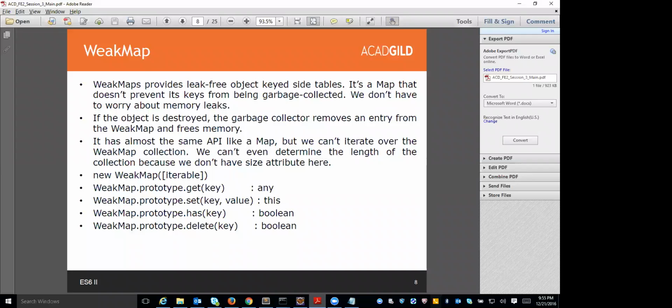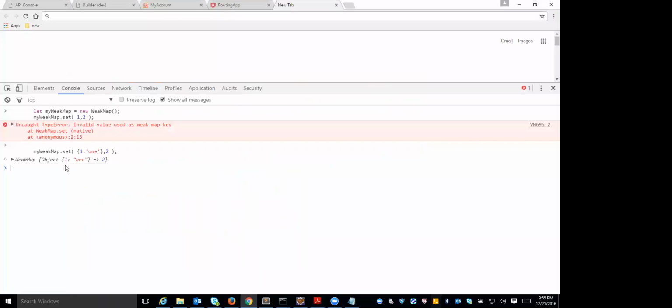Okay, so garbage collection will start happening and it will start removing, freeing up the memory. So WeakMap, basically you can see that WeakMap only takes objects, right? And objects are the ones which take memory in the heap, right? And the garbage collector is the one who basically frees up the heap memory. So it does not prevent the garbage collector from removing its keys